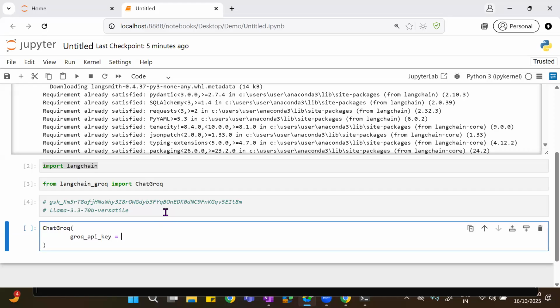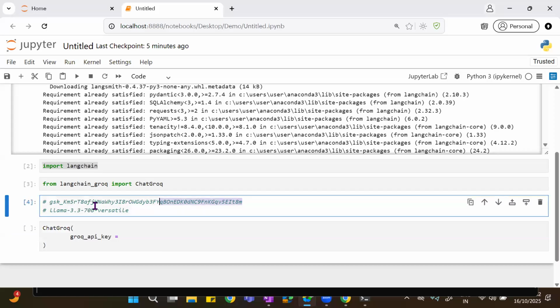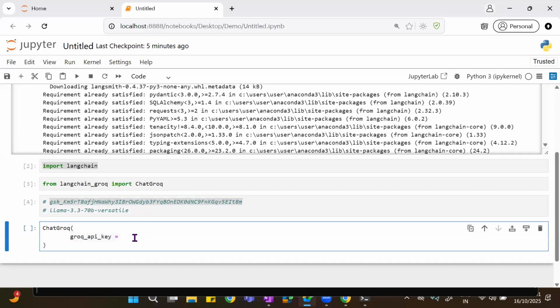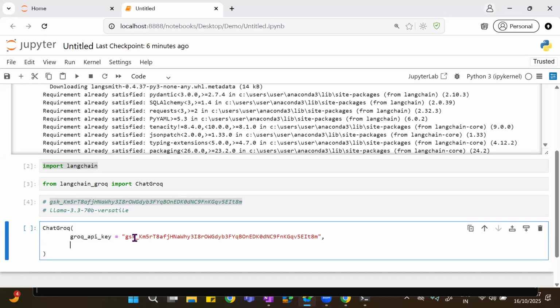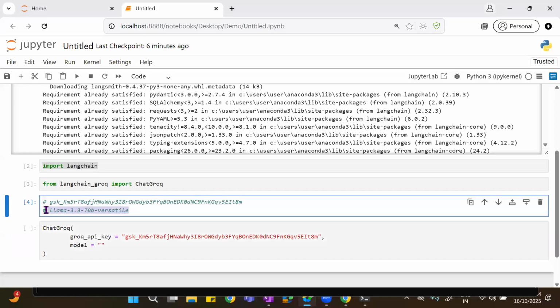This should be the same. This is my key, I'm putting down the key over here. Then what is the model, what LLM are we using? The model name is Llama 3.3. If you want to know more about this, you can go through what things it can do.